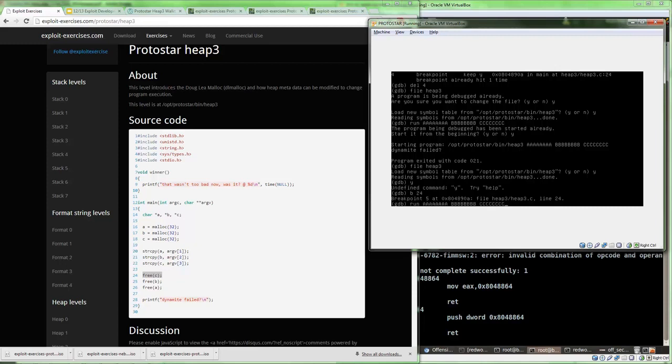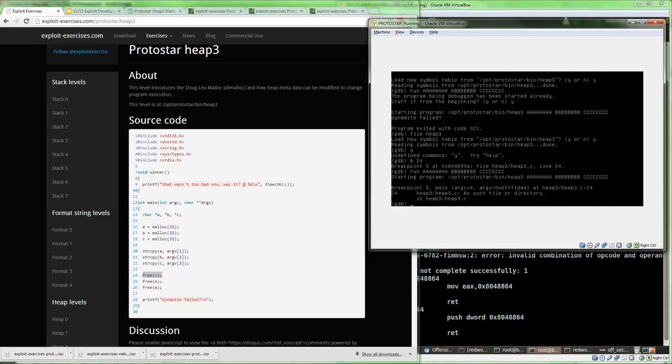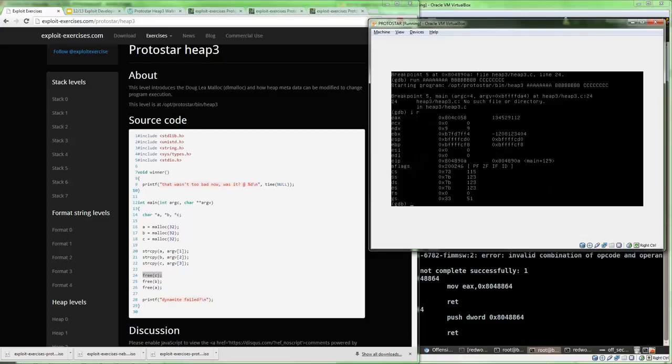So if we run it with A's, B's, and C's, we're able to break at that point and inspect what's going on beforehand. So one of these registers is going to point somewhere on the heap in order to coordinate with free to do its job. So let's inspect about 40 hex words. X, the first one, stands for examine, and then the slash and what falls after it specifies what to format it as. So let's do what is in EAX, so